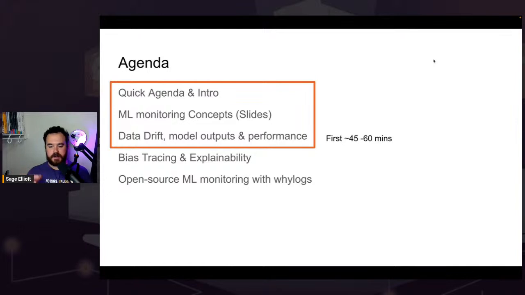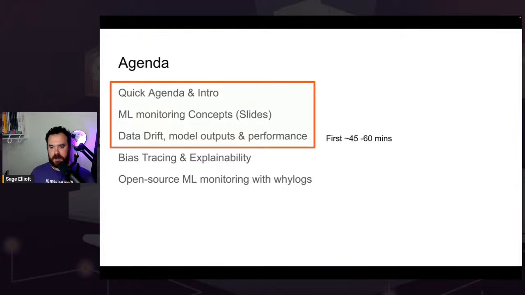A quick part about the agenda. We're going to do the quick intro like we're doing right now, and agenda. And then we're going to cover just some concepts and slides. It won't be that long. And then we'll quickly go to the hands-on workshop part. So again, we'll be writing stuff in a Colab notebook. There won't be a lot of setup for you to do to follow along.